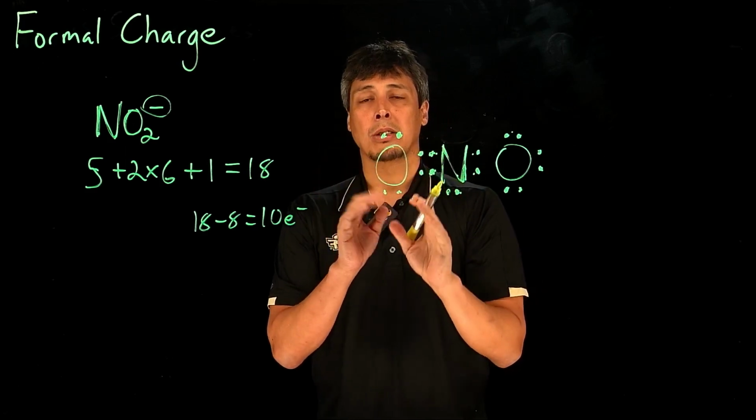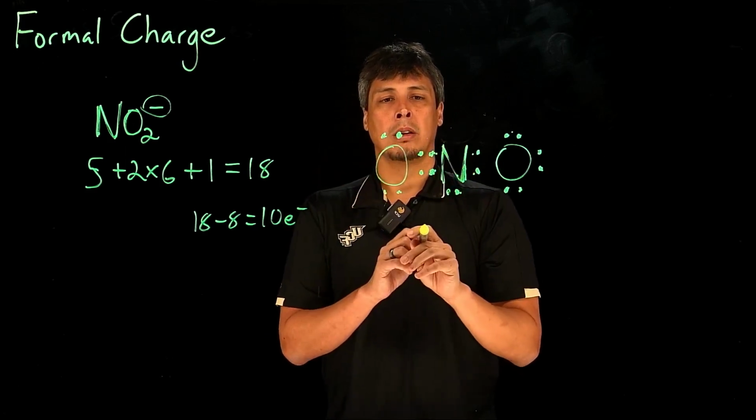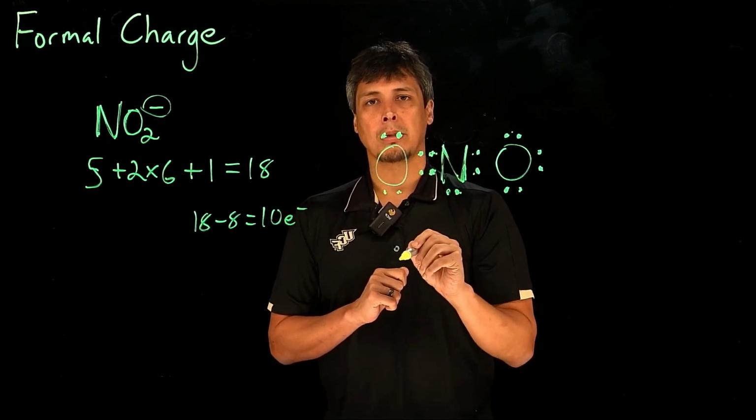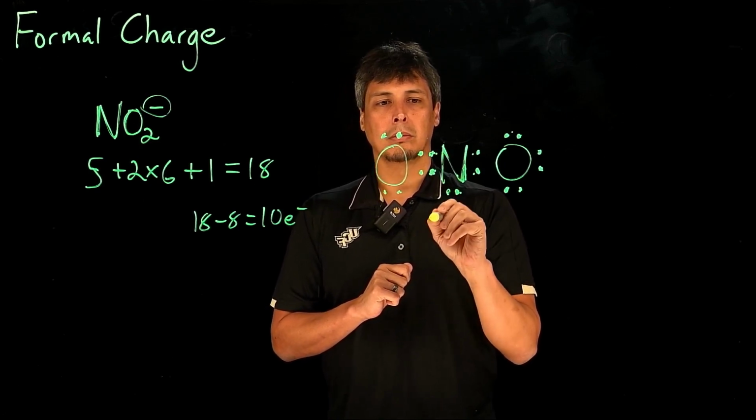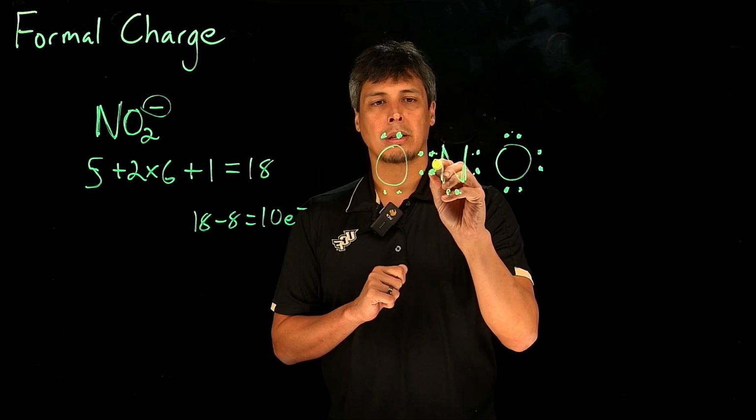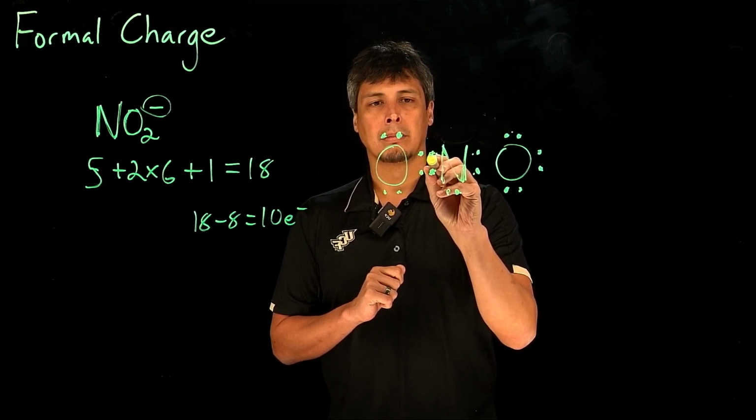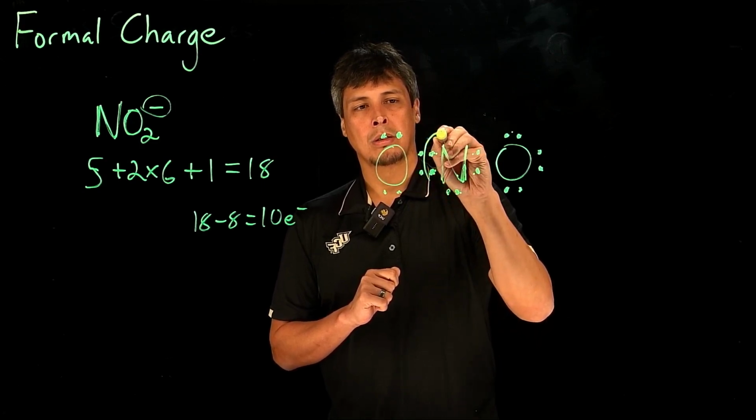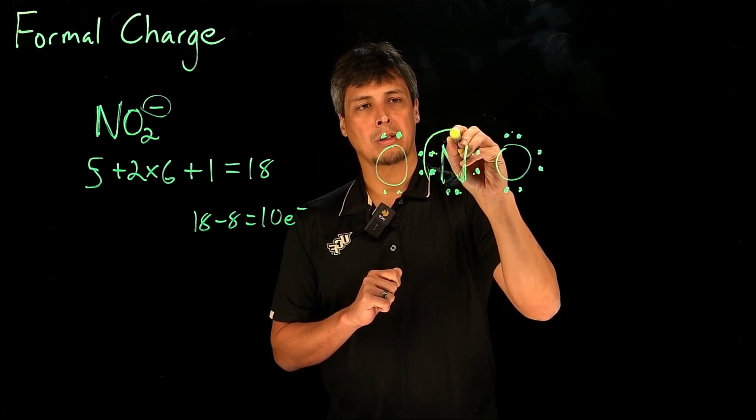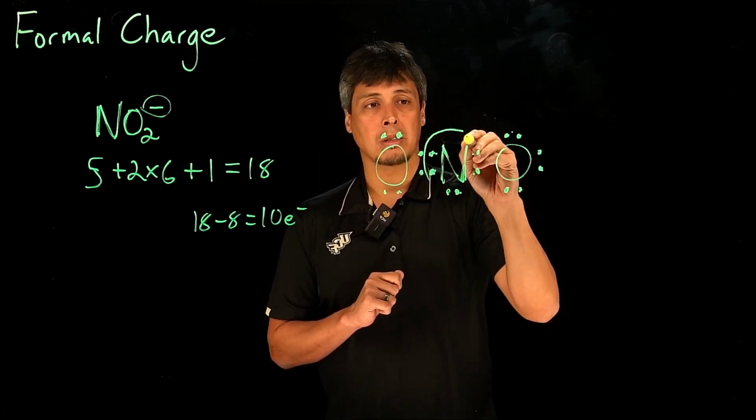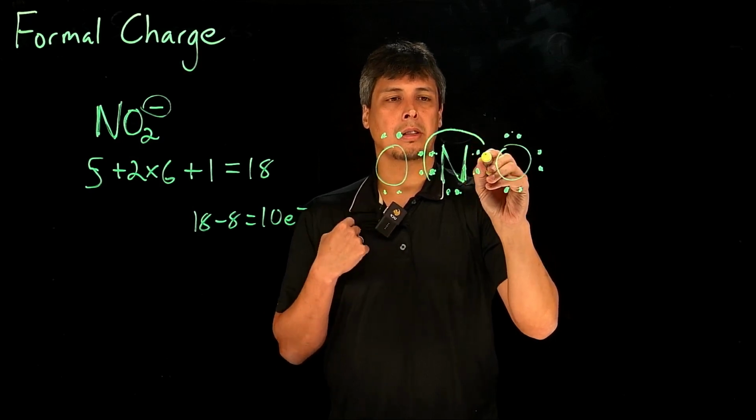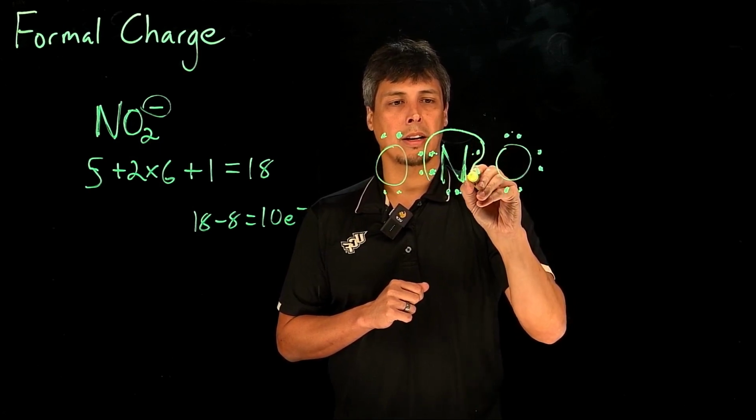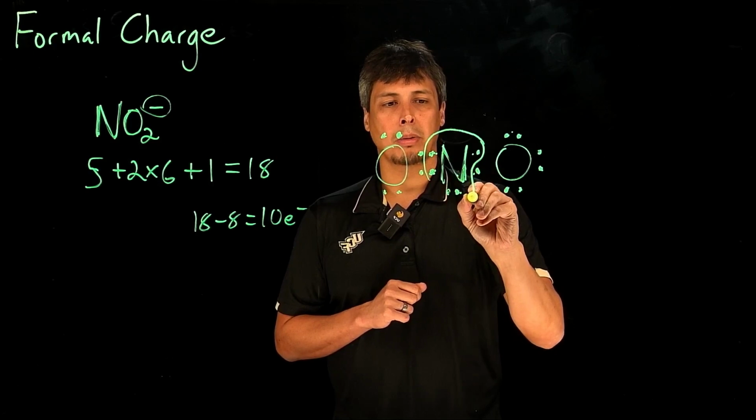But electrons that are between 2 atoms are going to be shared equally. So there are 4 electrons between the nitrogen and the oxygen over here. So we're going to assign 2 electrons to the center nitrogen, and 2 electrons will be assigned to the other oxygen. Over here, between nitrogen and the other oxygen, there are 2 electrons, so we're going to assign only 1 to the nitrogen, and the other electron gets assigned to the oxygen,